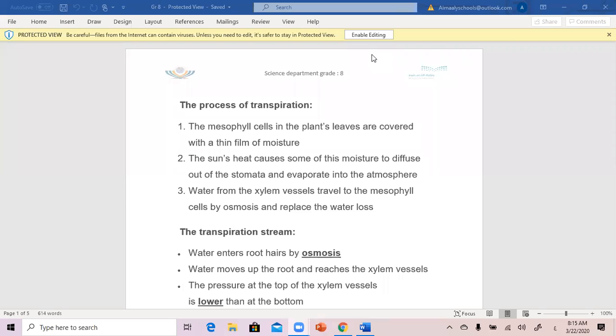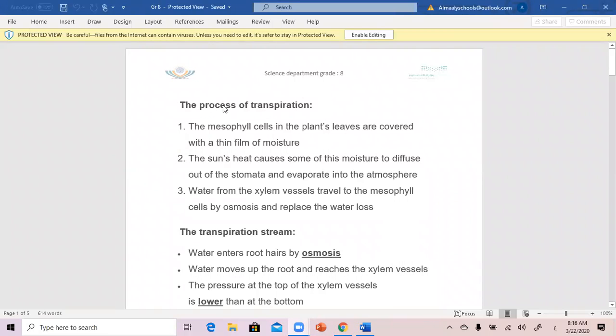I want another one to give me the definition of the transpiration stream. Are all of the students with me? They are raising their hands, but I want all the students to take part with me. Where is the rest? What is the transpiration stream? I want anyone. Okay. So now we will continue.